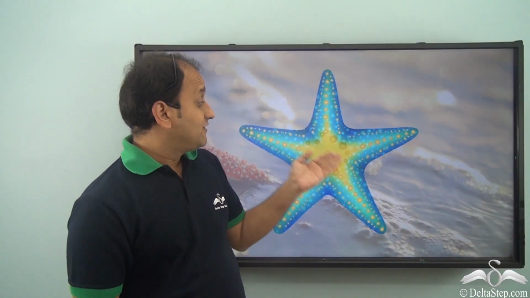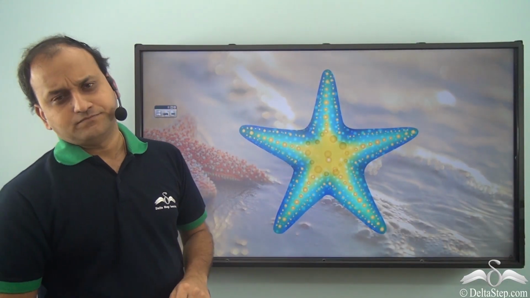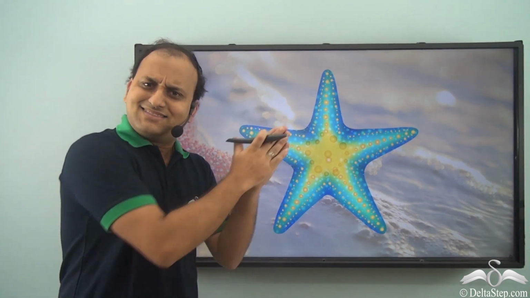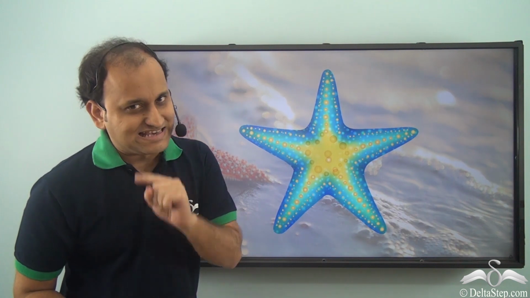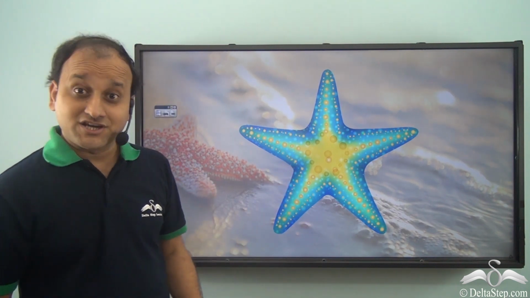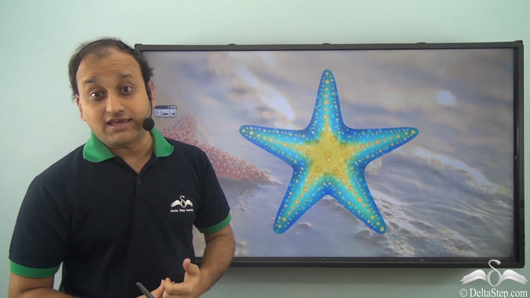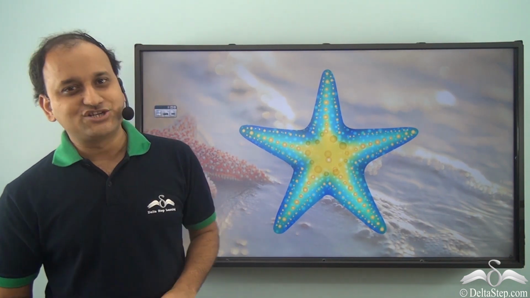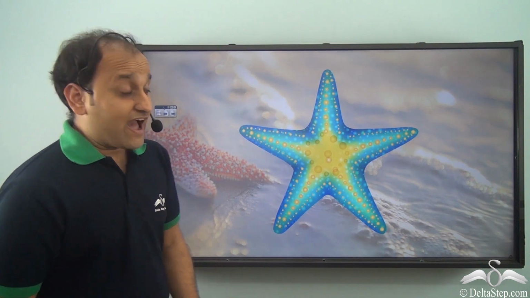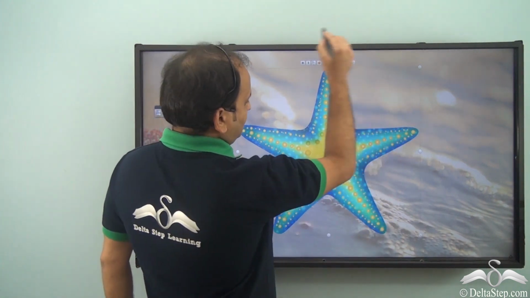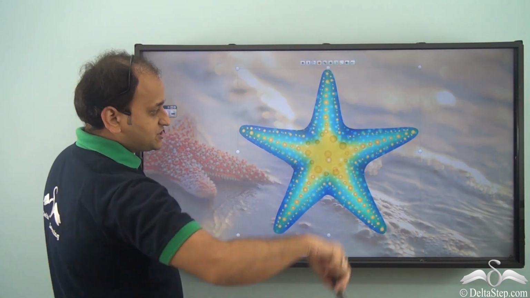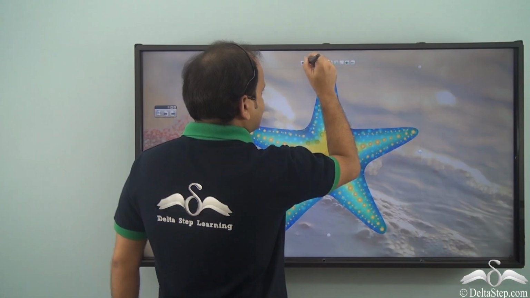Now, I have a starfish here. Now, is this showing some type of symmetry? Well, yes. This starfish shows rotational symmetry. Now, you must be thinking, how? I'll show you. So, if I go ahead and rotate this, what will happen? Let's see. You can see this particular position. Now, I go ahead and rotate it.